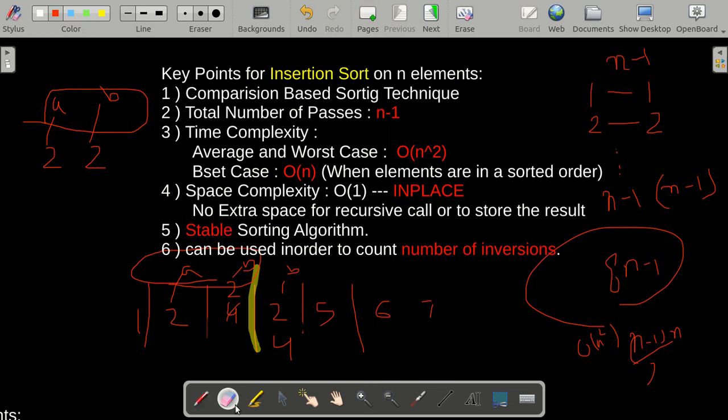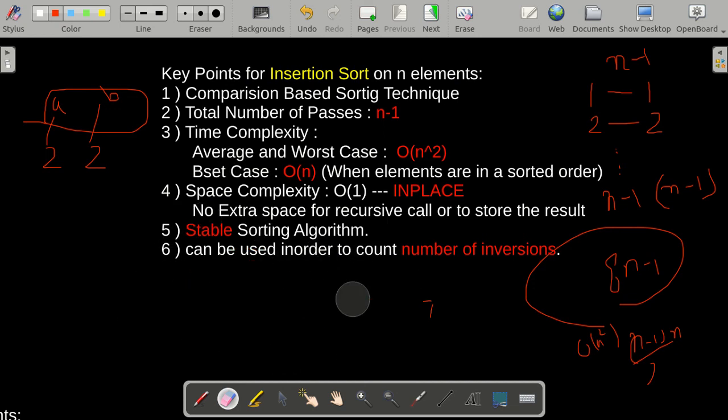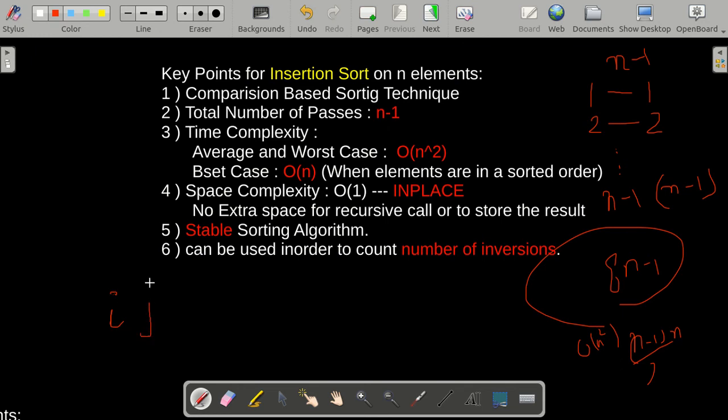The last thing is that insertion sort can be used in order to count the number of inversions. Now let's see what an inversion is. Suppose I have 2 elements, one at index i and another at index j, where i is less than j.